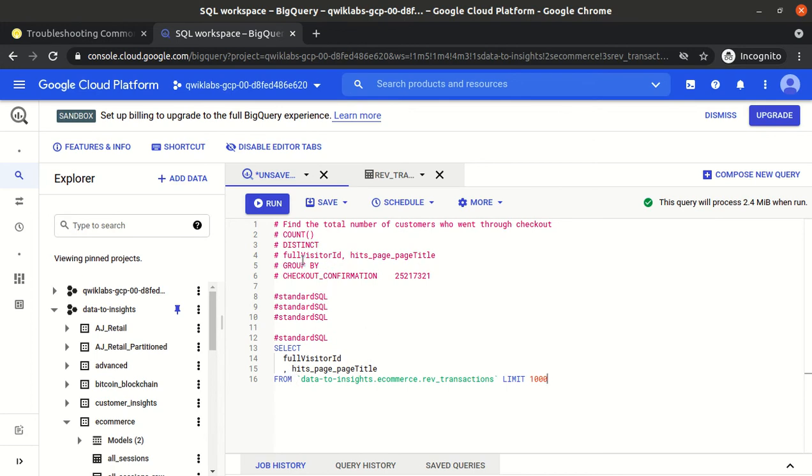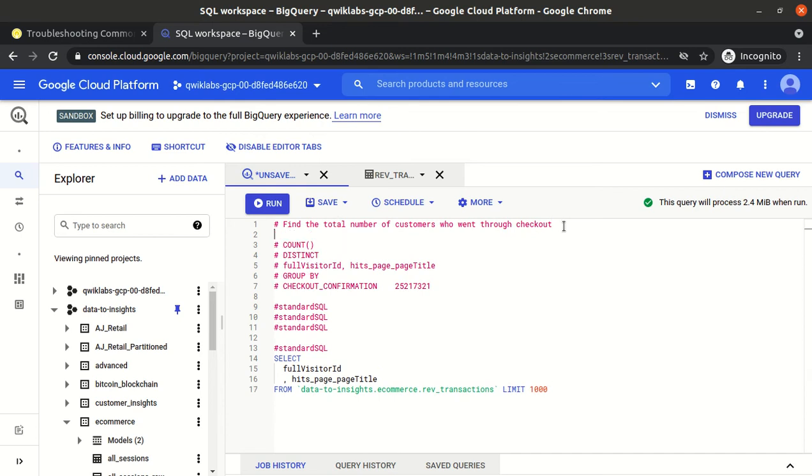Okay, fine. But we are not using the count, distinct, and the scenario says we need to find the total number. So the total number will definitely be the total number of unique customers. Okay, so this query is again wrong.